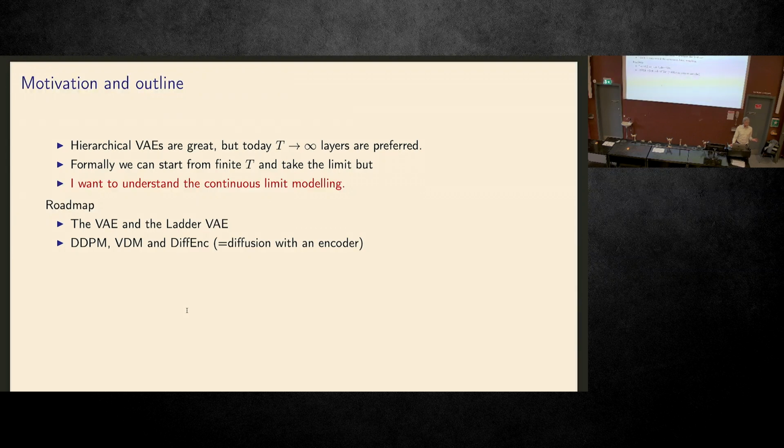I'll start out recapping a little bit what you have seen today with variational autoencoders and hierarchical versions of that, and how we can move that to the diffusion models. Then I will move on to the Fokker-Planck equation, which you can think about as a master equation for everything we do with diffusion models where we take the number of layers to infinity. So it is really the foundation of everything we do.